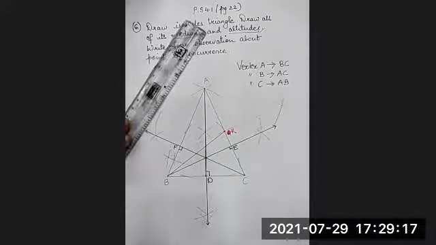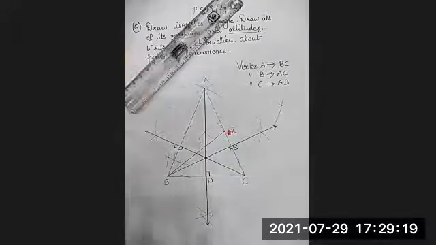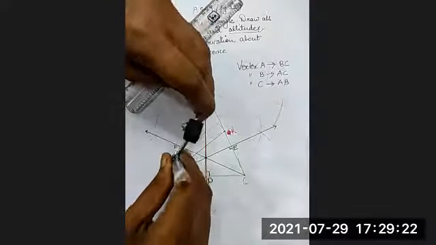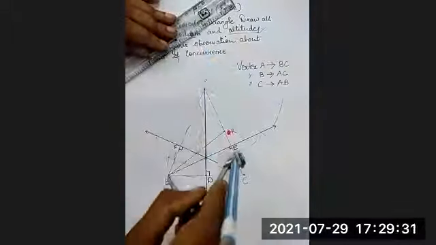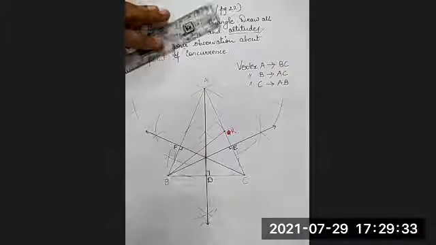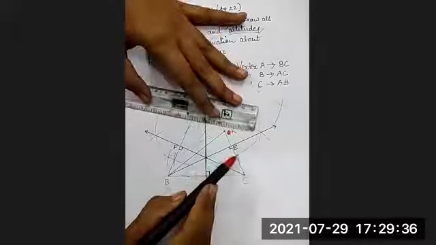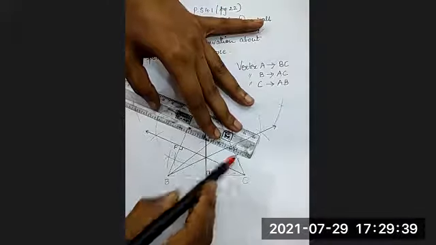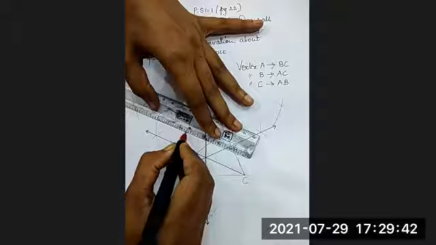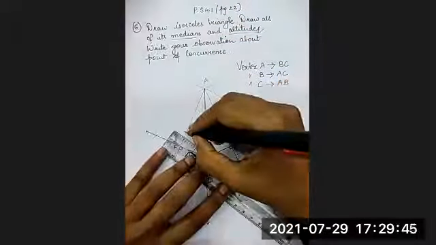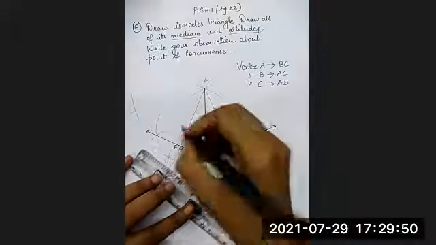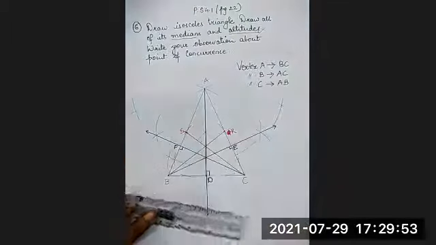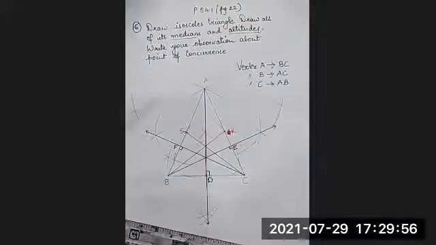Now the third side, AB. Again, more than half distance. Make the arcs. So this is the point, and this is the point. I get the point of intersection, the midpoint here. So I will draw a line like this. I'll name it as S. So my medians are also over and my altitudes are over.